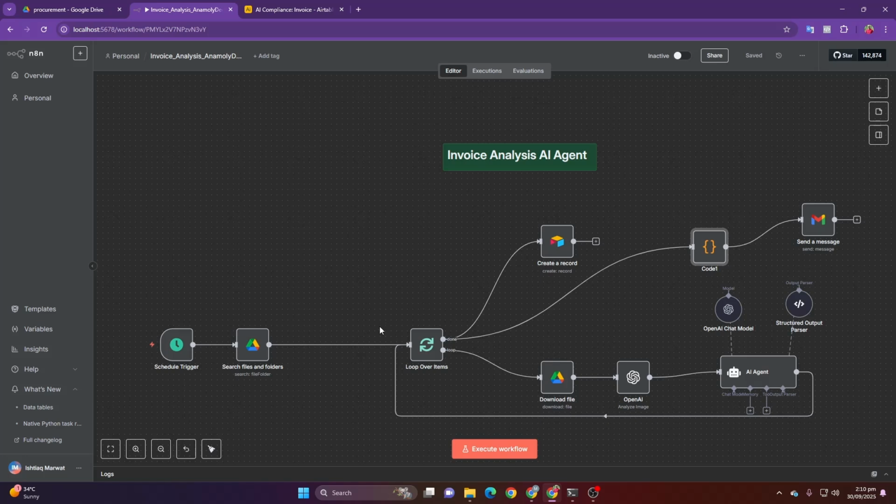So I have created an automation with the help of an AI agent that takes your invoice, whether it's in PDF format or image format, and it takes all the data and text from that invoice, and gives you the specific text that you want, whatever you want from that invoice. And then at the same time it saves everything in your database and also sends a report to you. And this all can be done